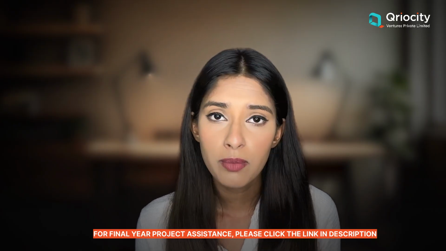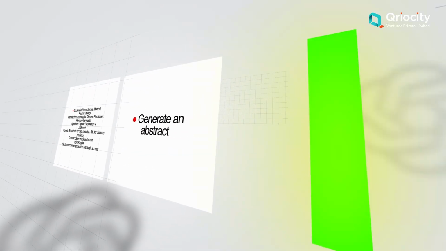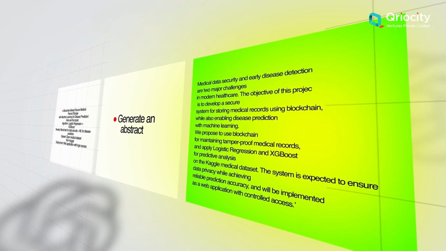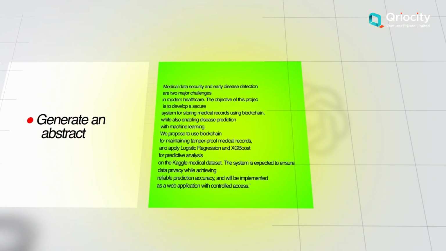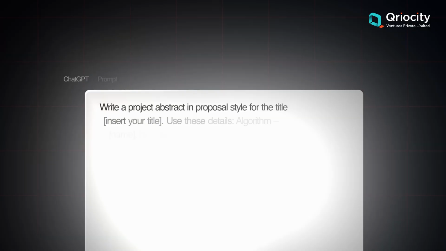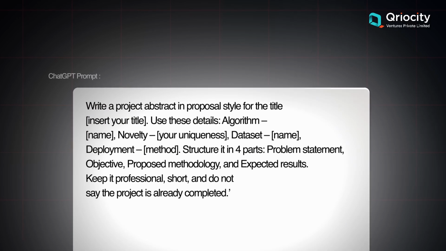So these 4 pieces of information are very important, and when you feed these to ChatGPT and ask it to generate an abstract for you, you will see that ChatGPT will actually generate an abstract that completely aligns with your project and is realistic. So here's the exact prompt you should use. In this way, ChatGPT won't include unnecessary things and only use the information that you have provided.